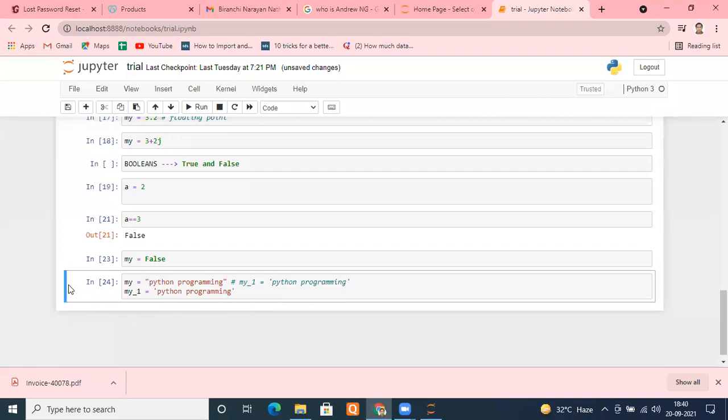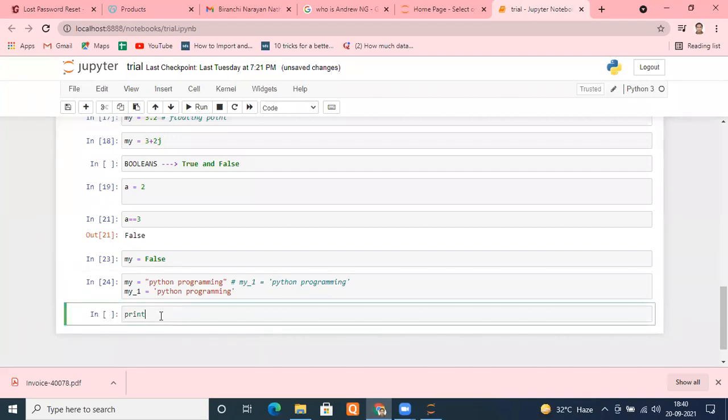Okay, and let me print the value of both of these. So print is a function which will display whatever value you put inside. Suppose you put the variable name inside, then whatever value that variable is holding will come out on your screen. If you put a string, then the string will be printed as it is. If you have to show some sentence, that means you want to show some text there. For example, first I want to show the value of my, that is, what my is holding. Please show that. So run this.